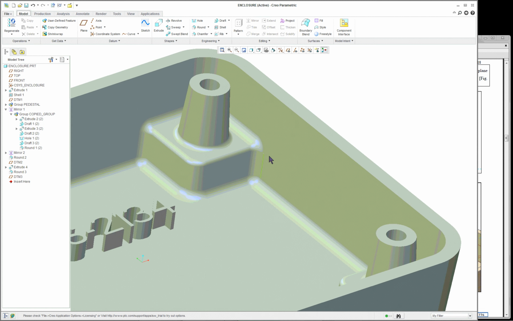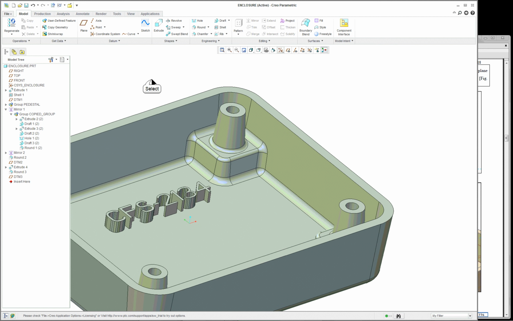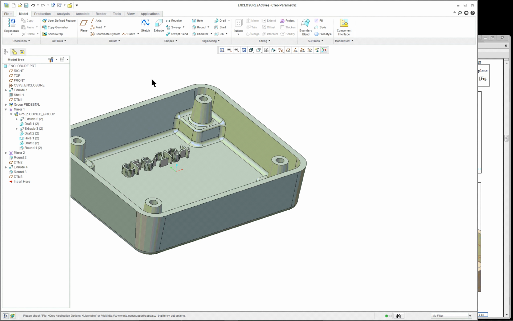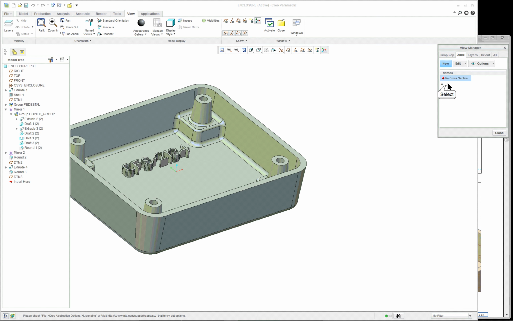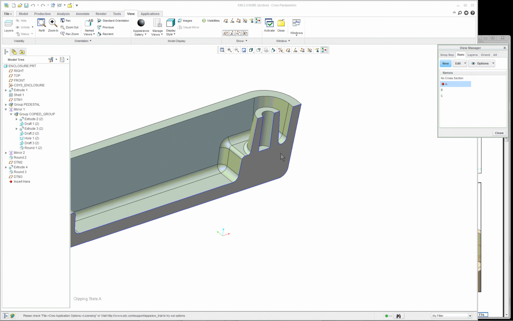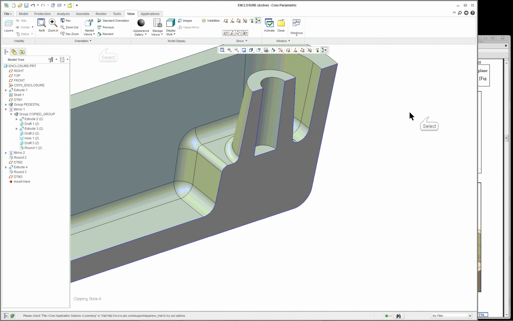Now, the reason why it's nice to do is because if you actually have a surface in there instead of a solid, it will let you know. In this case here, if you go to shading with edges, it looks like it's correct, but how would you know? Let's go over here, cutting a section through the whole thing, that's one way to see whether or not it's solid in there. So we've got a couple of sections that have been created already, and let's set these as active, and we'll see that this is all solid inside. I think I'll leave that as active. So that particular round,